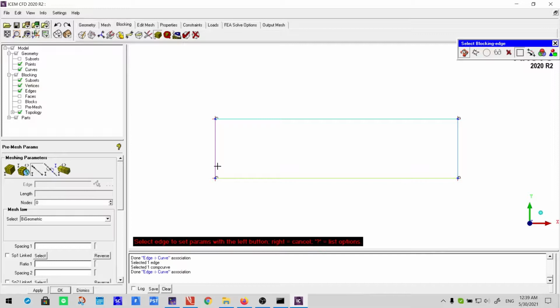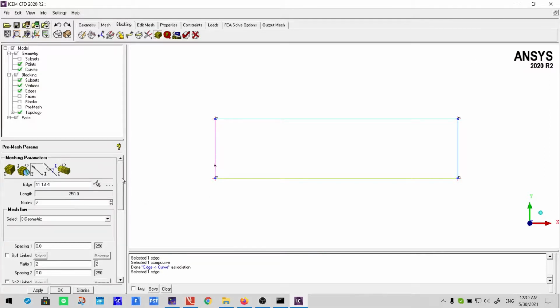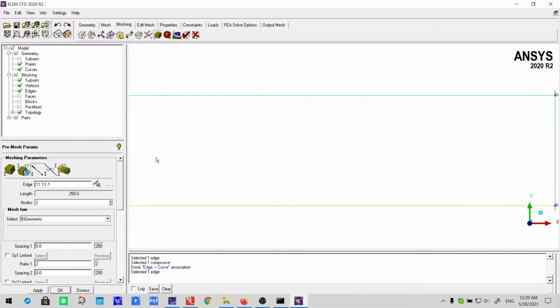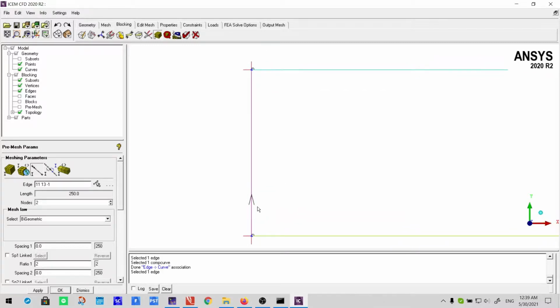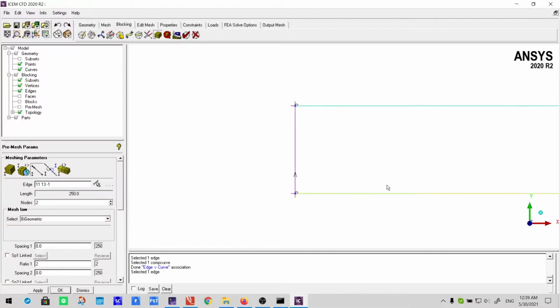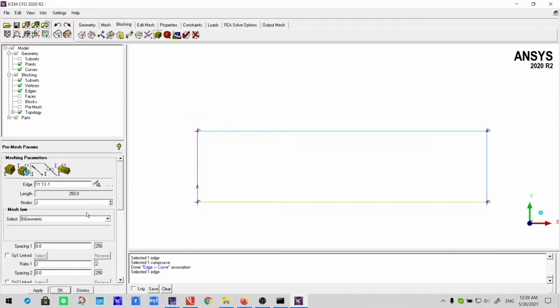So simply we'll click over this edge. As I've selected it, it's giving me an arrow option here that has a specific meaning, but for the timing, I'm not going to explain it in this tutorial because it would be too lengthy to explain. This arrow is of very much importance. We'll be exploring this, but for the timing, let's just simply say,